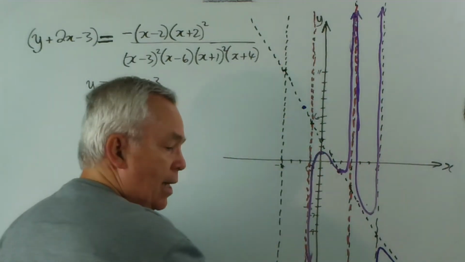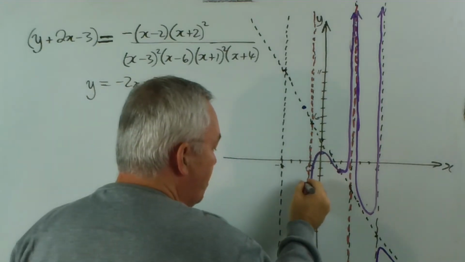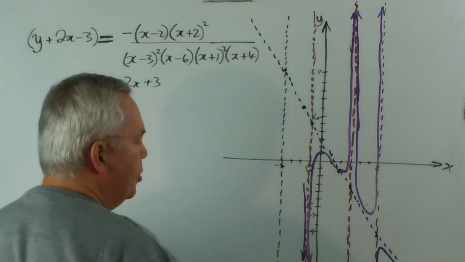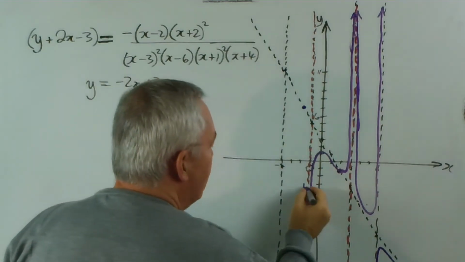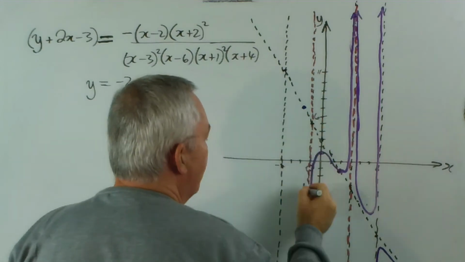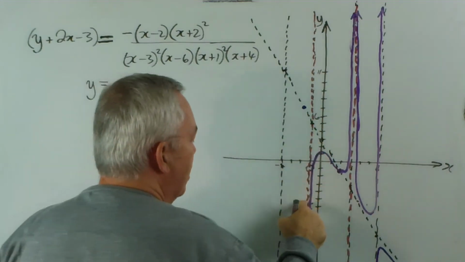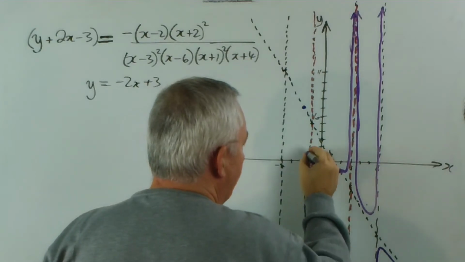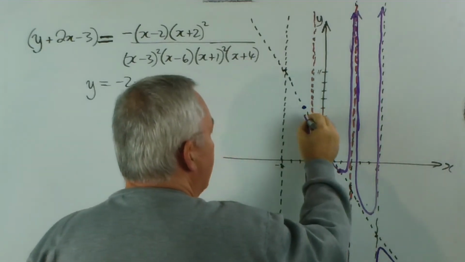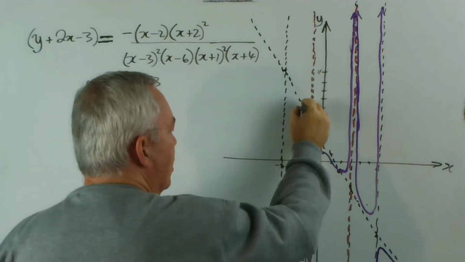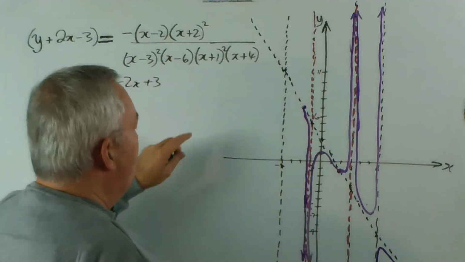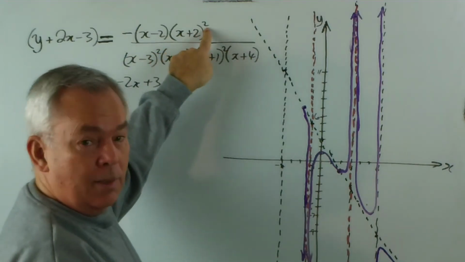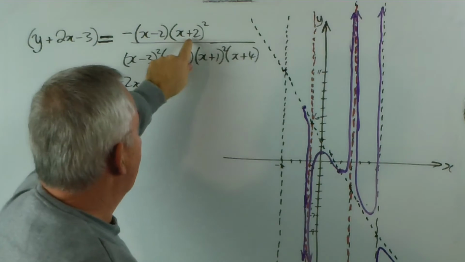We have a double asymptote. So this is going to behave like this, like a mirror image. And again, we would expect this to go up and do this, but we have this point. So it's going to travel up the asymptote. It's going to reach the asymptote at that point. But unlike the first one, because this is doubled, or squared at least, it's what we would call a double changeover point,